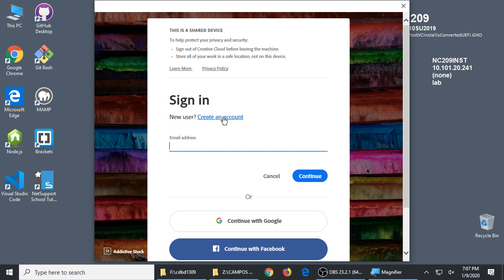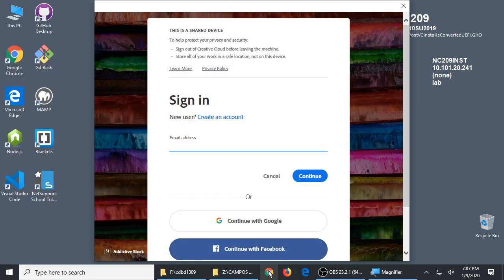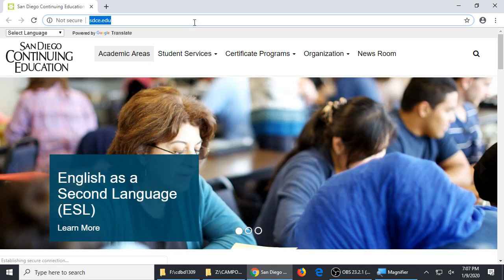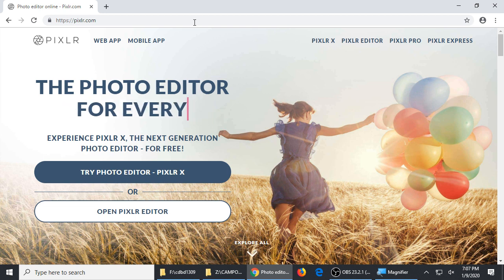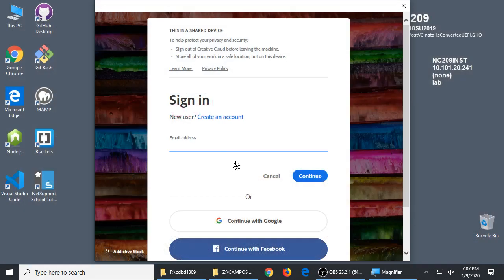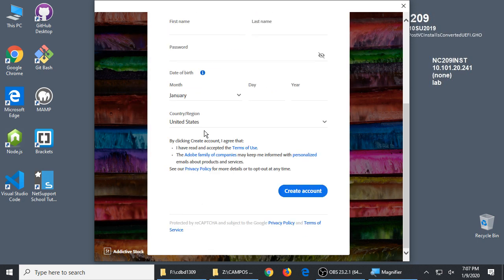So, how many of you do have an Adobe account at the moment? A couple people. Okay, well, if you want to take a moment to create an account here at Adobe, I would recommend it. The Adobe account is free, and it gives you access to the Adobe software that we have on campus, so I would recommend you do it. If you don't want to create an account, I would recommend go to Google Chrome and go to Pixlr. I think we'll be close enough if you instead do it through Pixlr, but I would recommend to go through this process of create account,